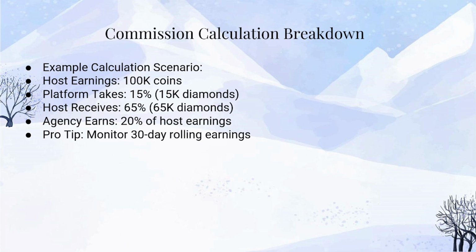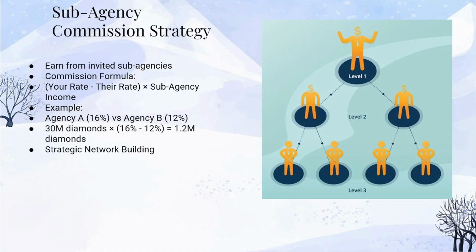Seems straightforward, but then it gets more complex when you bring in the network aspect. It does. That's where this idea of valid income comes into play. It's broader. Okay, so what counts as valid income? It's the sum of all the host basic income from your direct hosts, plus the host basic income from all the hosts in any sub-agencies you've invited. Oh, okay, so it bundles everything together. Right, and it even mentions adding the agency's own self-income, if that applies. This total valid income number is really important because it determines certain commission tiers and calculations down the line. Gotcha. It's the base for figuring out your overall standing, maybe. Sort of, yeah. It sets the scale of your operation, basically.